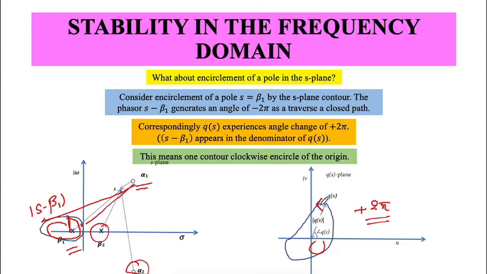Now again we don't really see what exactly we are encircling the origin. It is the same argument as before, right? So what we will just try to understand is the following: if in the S plane we encircle a zero in the clockwise direction, and if there are more than one zero, say 5 zeros, I will have encirclement 5 times. I will encircle the origin once now in the counterclockwise direction, because I am looking at a pole, which contributes an angle of negative, so it goes to the denominator.